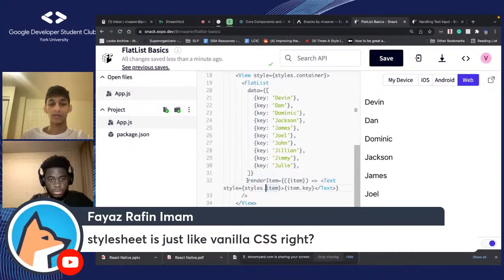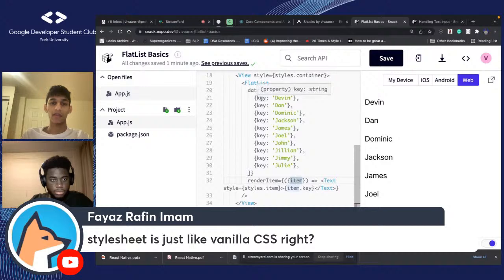Okay, so this is actually more complicated than data. renderItem is a parameter, and you're telling it how to render it. I'm saying take item. Item is one of the elements from the array. So I could actually change this if you want. You can name it anything. It's an arrow function, and I'm telling it